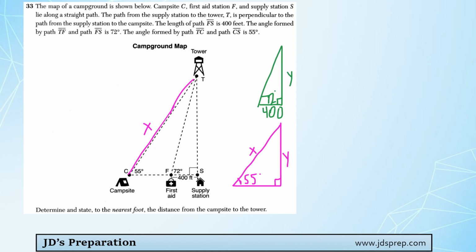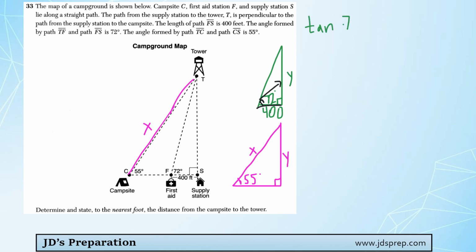So, which trig ratio will we use? Well, we know that we're dealing with this angle of 72 degrees. What we're looking for is the opposite side length, and we know the adjacent length of 400. So which trig ratio involves opposite and adjacent? That would be the tangent ratio. So tan